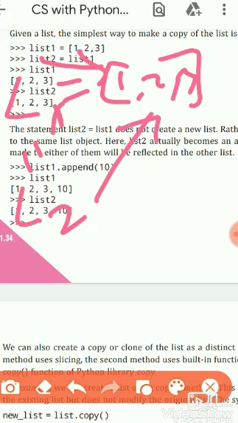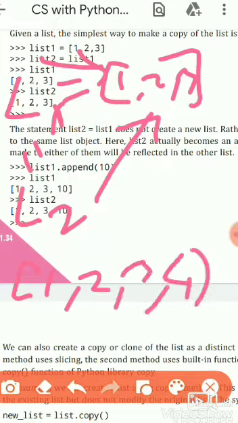It means whenever we make any changes to list1, they will also be reflected in list2. If we append a member to list1, then list2 also changes, because list2 is just pointing to the same list; list2 is not another list.